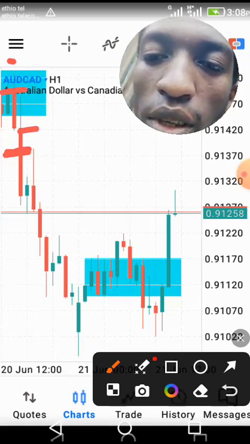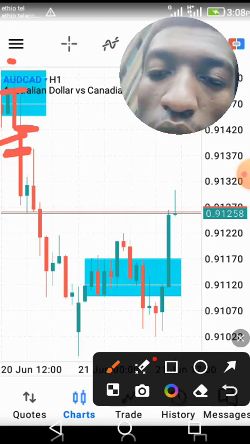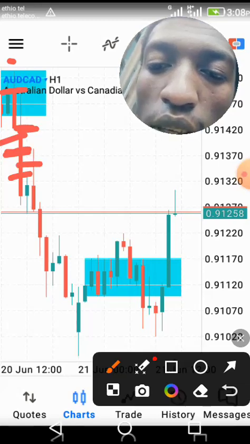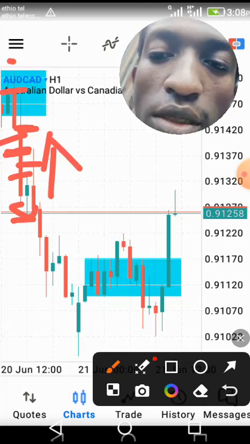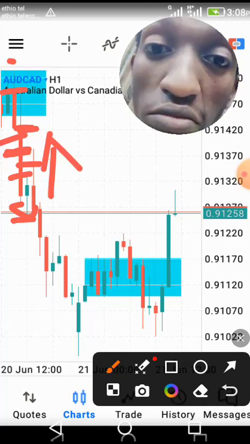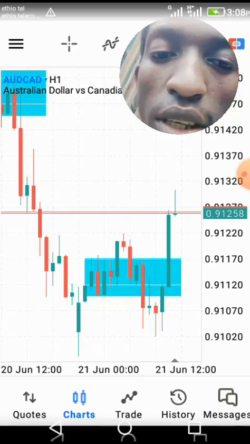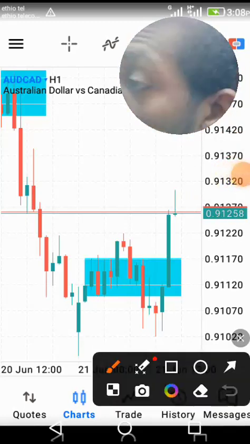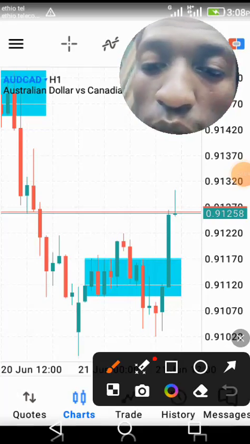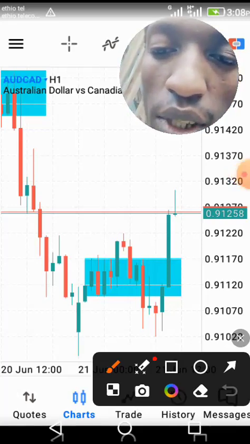TP is TP, TP2. I just marked up, just like this, typical, just like it always does. And not always, but another